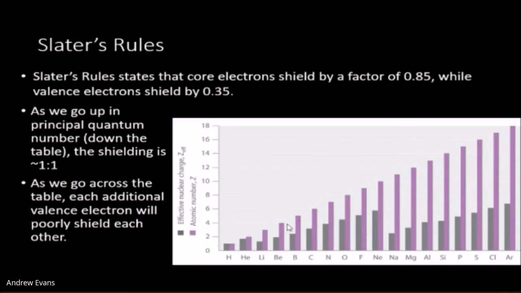But as we see, we start a row, and it's going to slowly build up till it gets to the noble gas, and then it's going to drop down by a bunch, because that noble gas is all valence, and then suddenly that valence becomes the core. That core now shields the new valence. Notice sodium is greater than lithium. It might even be greater than beryllium, but it's still the lowest for that row.